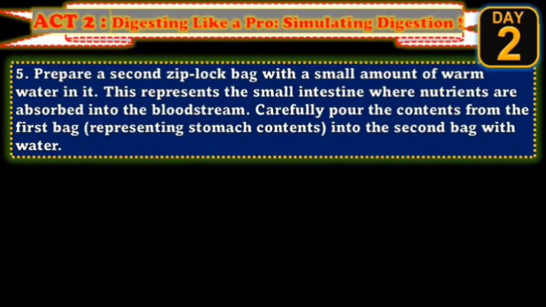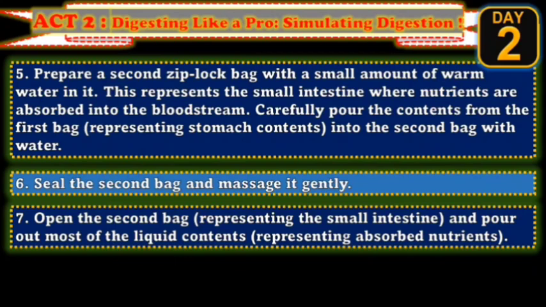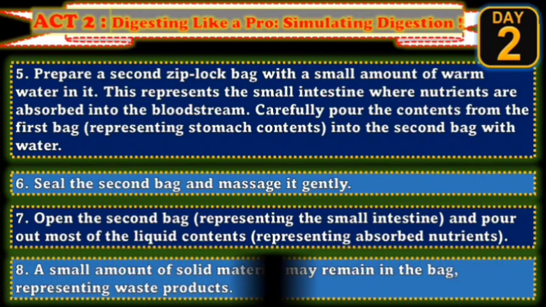Carefully pour the contents from the first bag, which is representing stomach contents, into the second bag with water. Number 6, seal the second bag and massage it gently. Number 7, open the second bag representing the small intestine and pour out most of the liquid contents, which is representing absorbed nutrients. And the last one, a small amount of solid material may remain in the bag representing waste